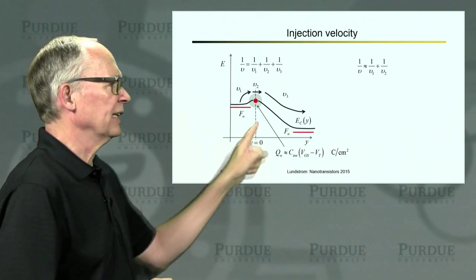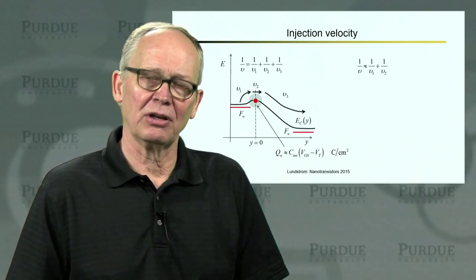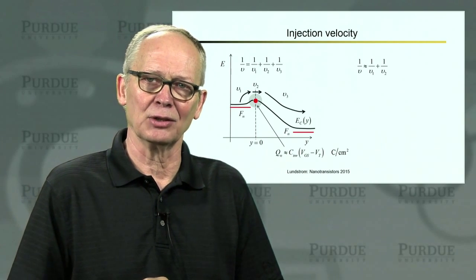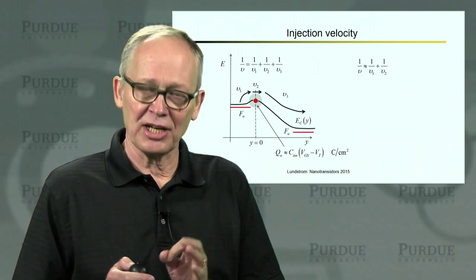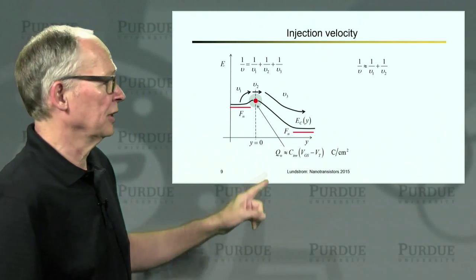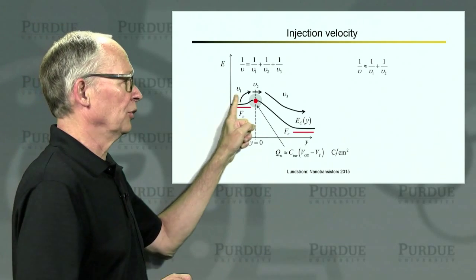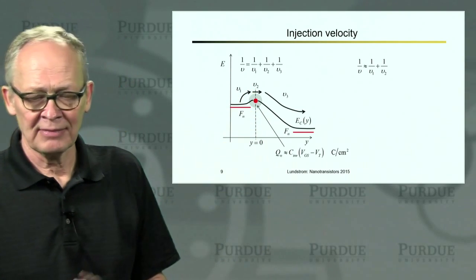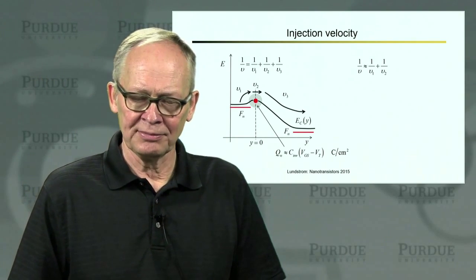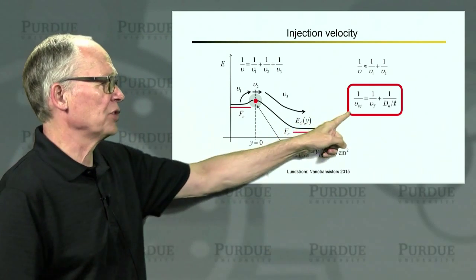Now, our assumption is that in the high field region, transport is very efficient. We saw early on in some Monte Carlo simulations that there is strong velocity overshoot. For N-channel MOSFETs, electrons move very rapidly across there. So our assumption is going to be that V3 does not limit the current. We only have to worry about the first two processes, thermionic emission from the source to the barrier, and then the process of getting across the barrier. So that's what this expression means.